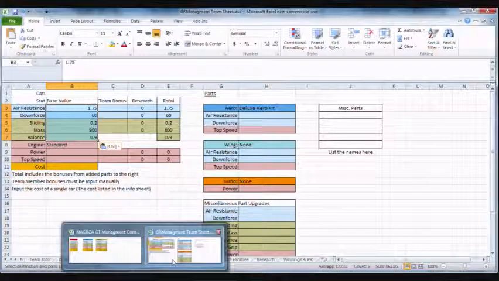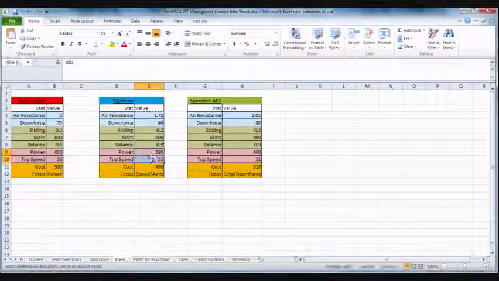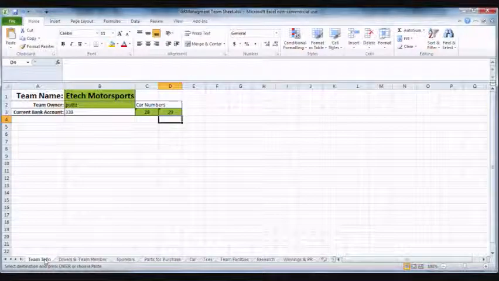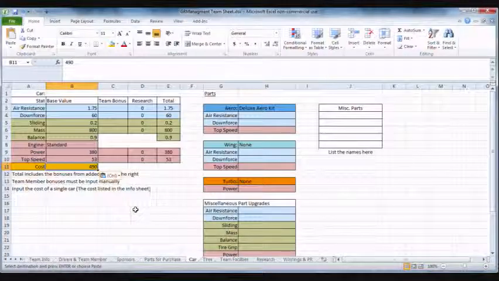And we start with the standard engine, which is specified here, and also the cost of the car. Now, the cost of the car is for one car, but you're buying 2. So subtracted from your bank account is going to be twice that value, and as you can see, we're now left with only $338 after buying the car. And so you have here the base values, and over here is where you put in the info from parts